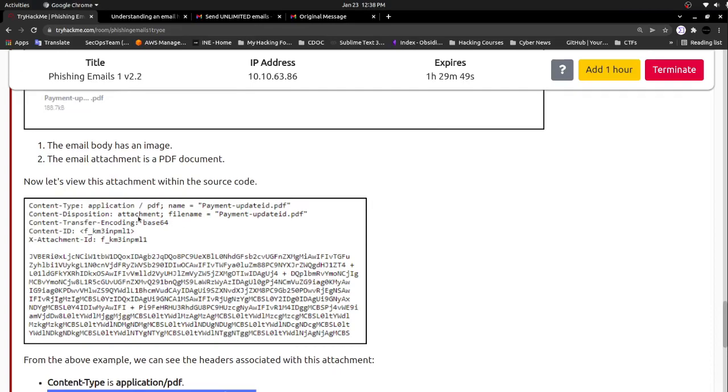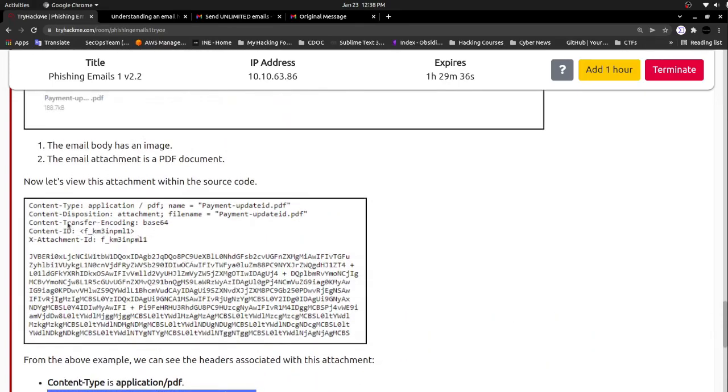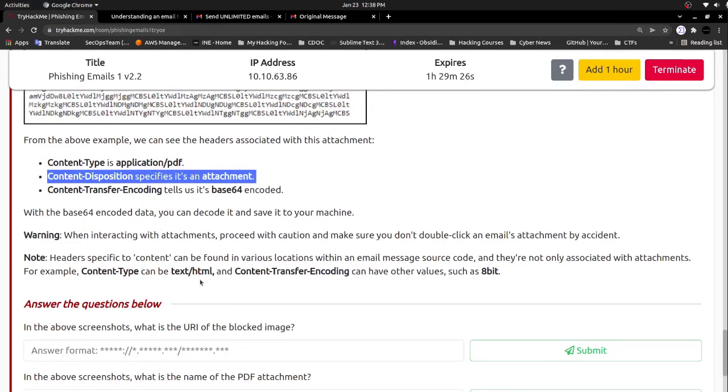The following example is an HTML formatted email from Netflix with an attachment, and the web client is Yahoo. So you can see the attachment here, and the email body has an image. It contains an image as attachment, and the email also has a PDF document. Here you can see the source code. It contains random characters, the base 64 encoded characters, and this base 64 simply represents this PDF and the image. From the above example, we can see the headers associated with this attachment, content type application PDF. So let's see the original